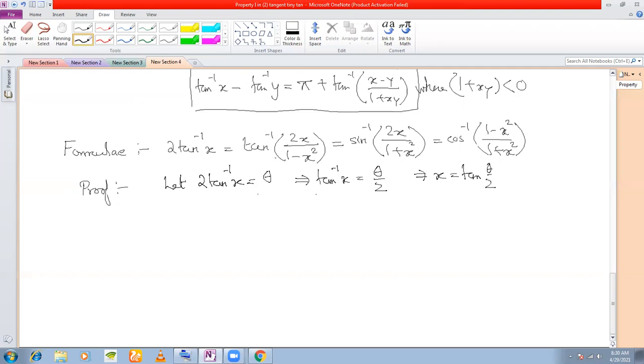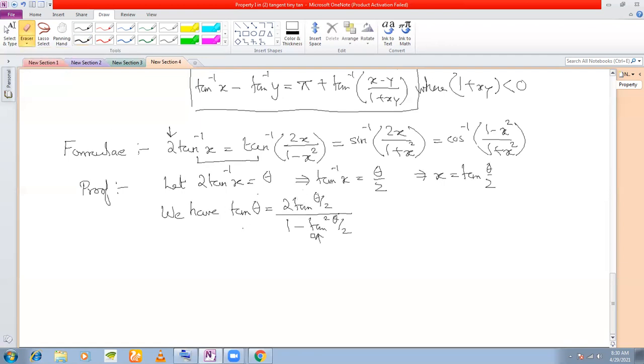For the first part, I have to convert 2 tan inverse to a tan inverse, right? And I also have a multiple of tan inverse here. That means this is referring me to the fact that I have to use a multiple angle formula where tan gets converted to tan. And what is that multiple angle formula? We have tan theta is equal to 2 tan theta by 2 by 1 minus tan square theta by 2. Yes, because tan is getting converted to tan, that's why I'm using it. Here I have a tan and here also I have a tan, all tan, that is why.